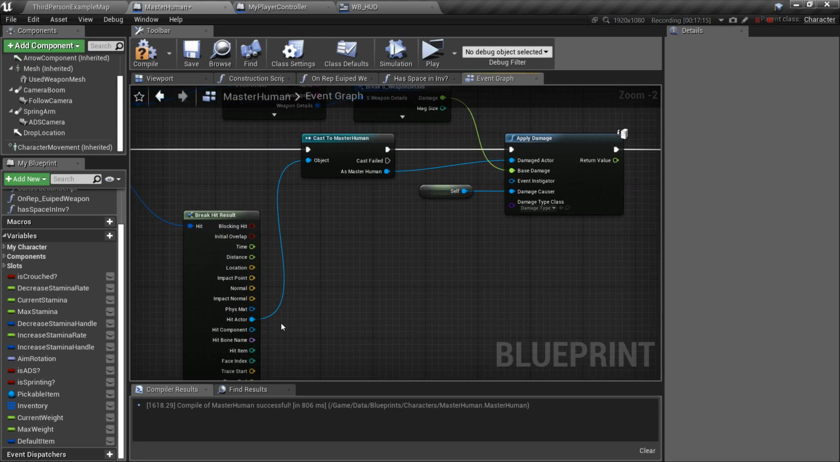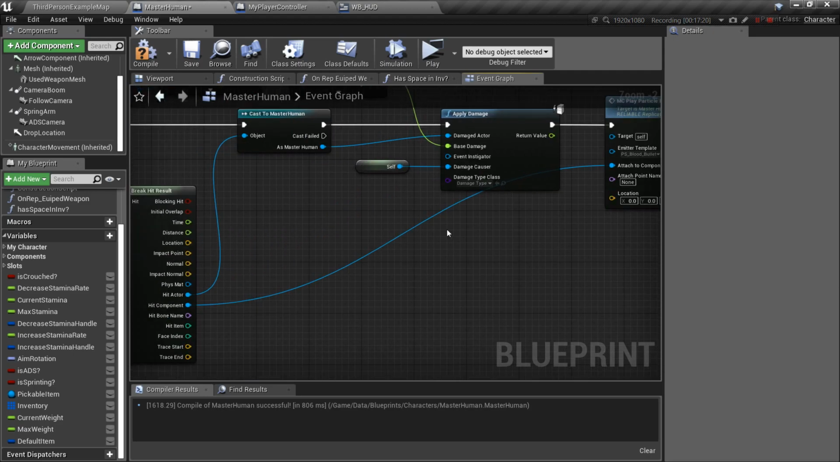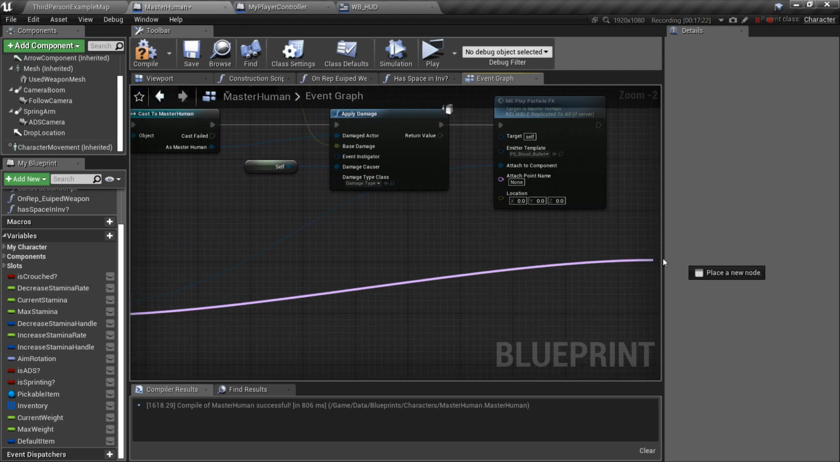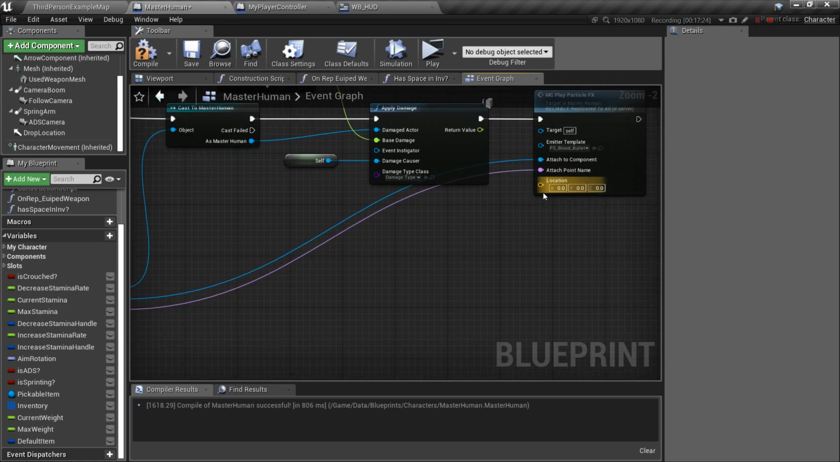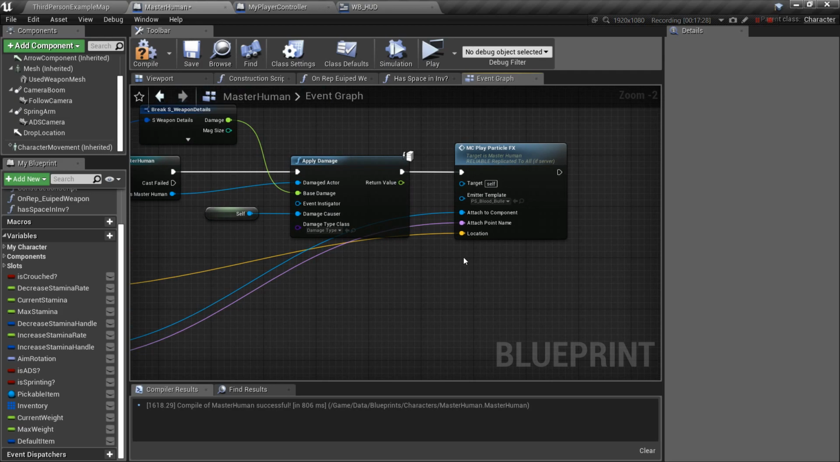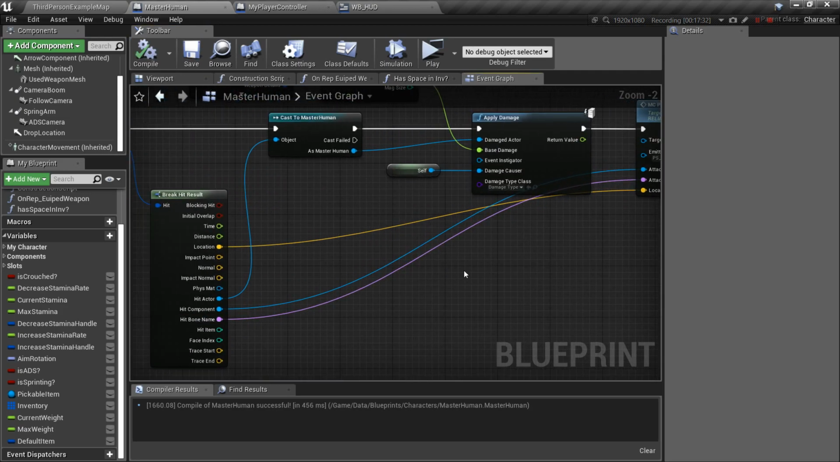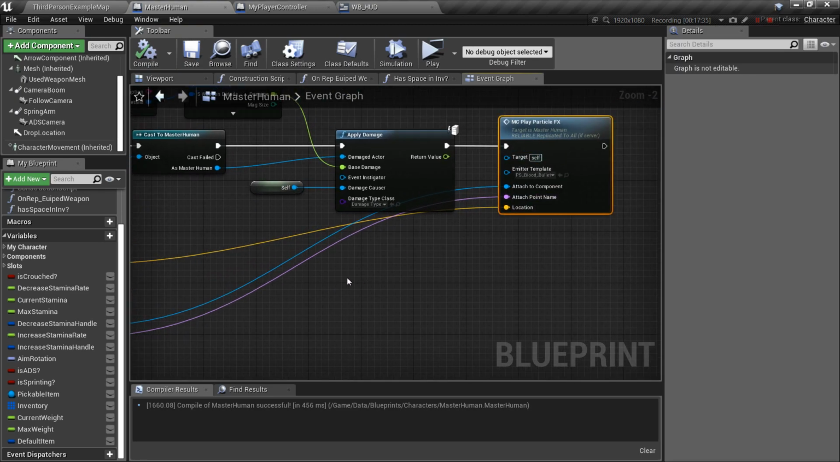The attach to component, we want to attach to the hit component. And the point name, the hit bone name, basically. And the location is going to be the hit location. So that's going to be it. And if this is false, meaning we didn't hit a human, so we hit the world, we can cast another